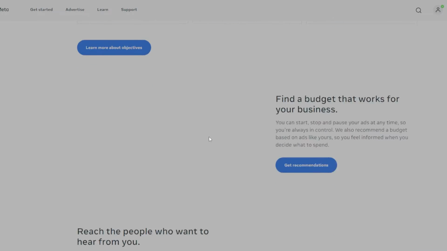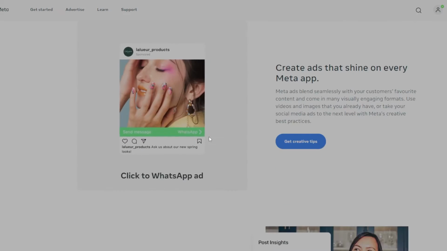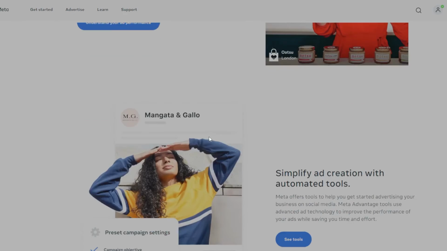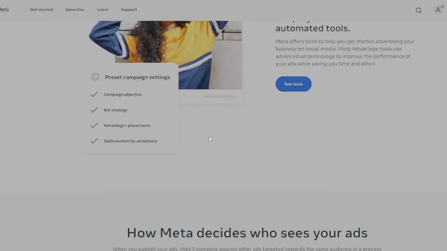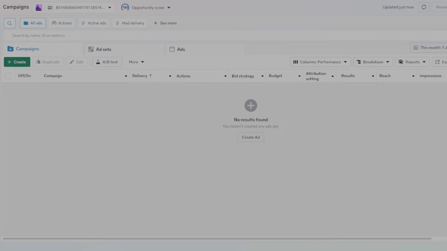First, log into your Facebook Ads Manager account from the main dashboard. Click on Columns at the top right of the table where your campaigns are listed, then select Customize Columns. This lets you choose exactly which metrics matter most to you, like cost per result, link clicks, purchase conversions, or